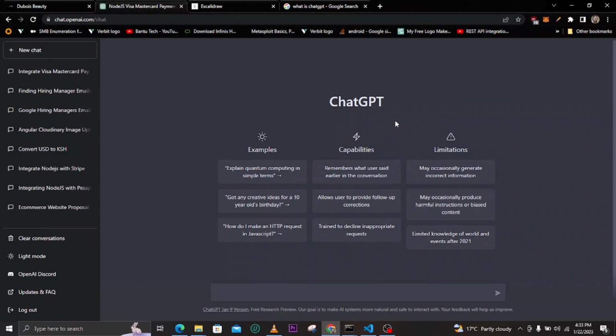So right now I have logged into one of my accounts for ChatGPT, and I want us to have a scenario. I want to assume that we want to create a program that is integrating a card payment using Node.js. So I can come here in ChatGPT and write something like: integrate or write a code for payment